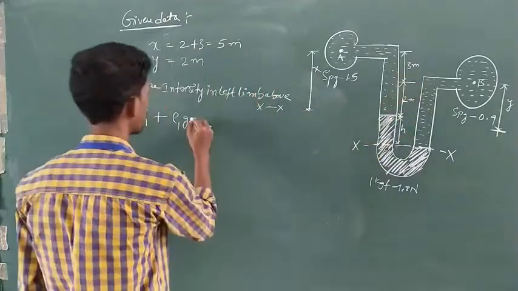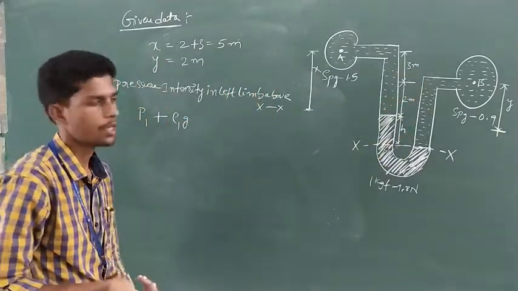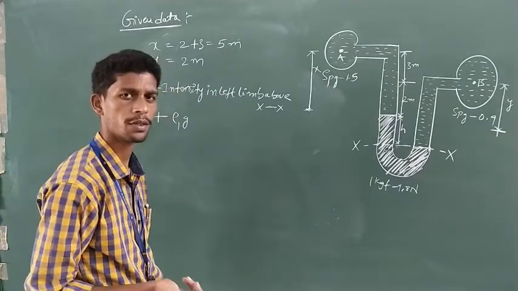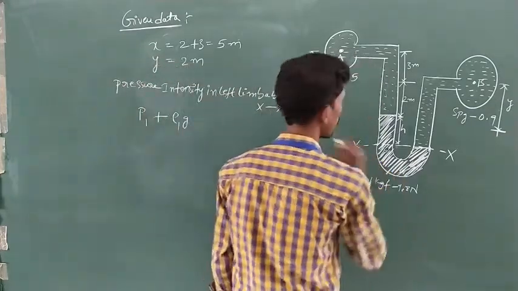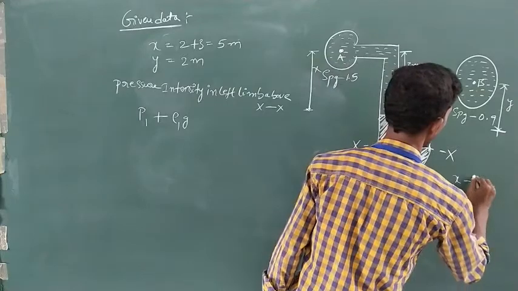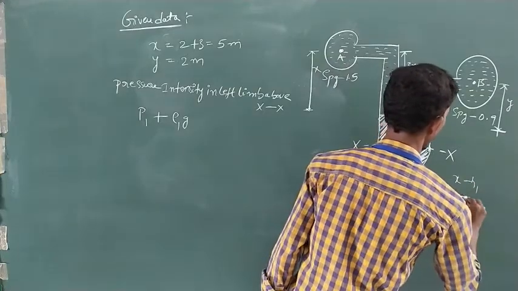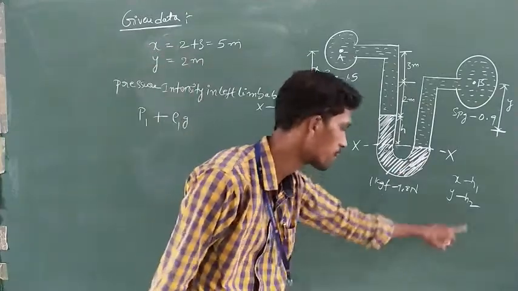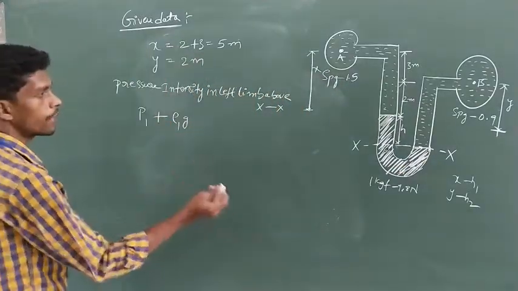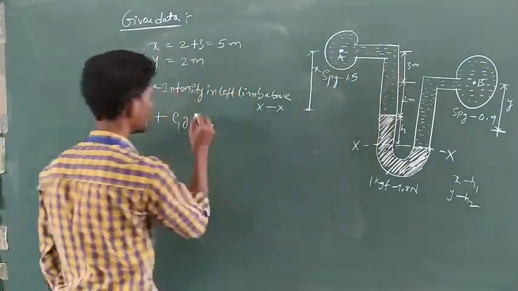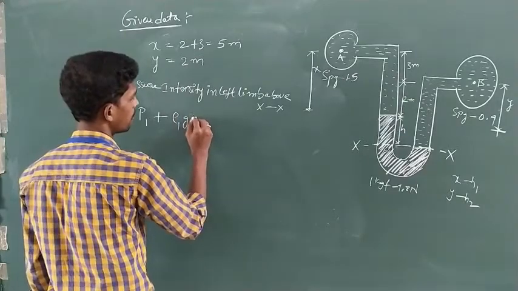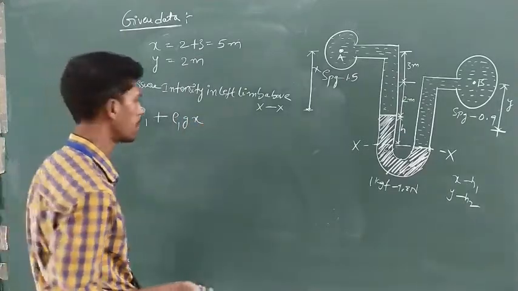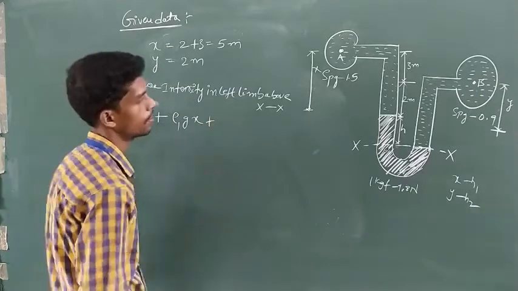It is x, right? X or H1, whatever reading, the notation you may give. So you can denote with H1 also. The y you can denote with H2 also. Right? The notations are your wish. Okay. So right. What about this height? It is denoted with x. That is your wish. Next, plus.